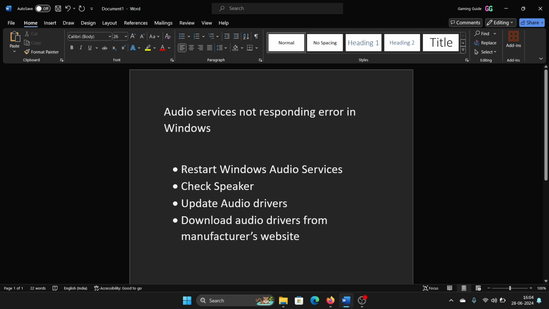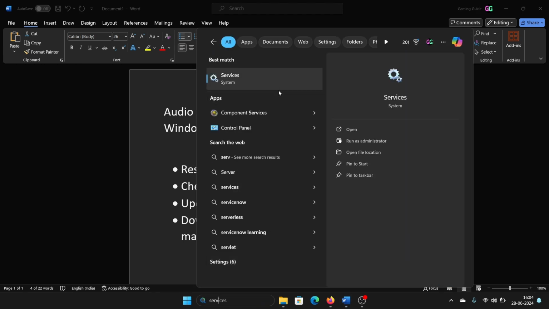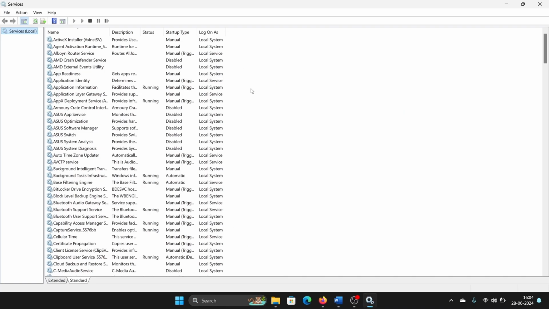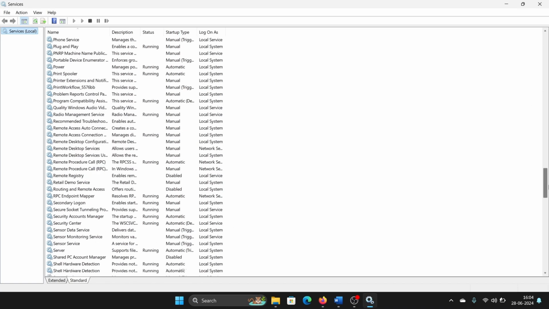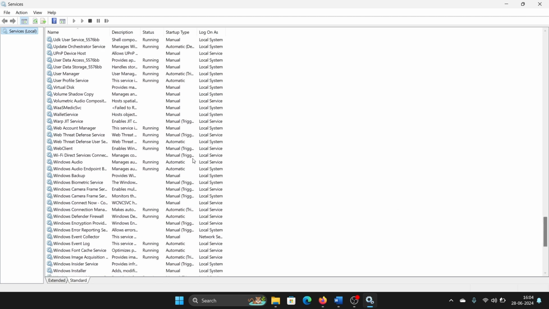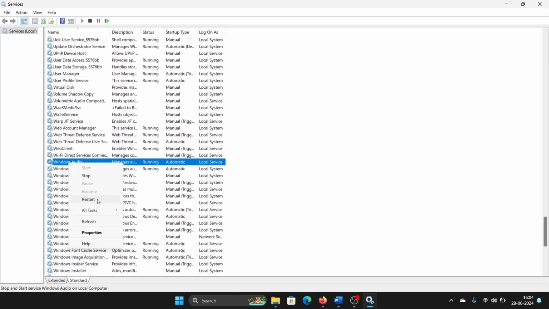The first solution is to restart the Windows audio services. Search for services in the Windows search bar and open the services application. Then scroll down to the Windows audio service, right click on it and then select